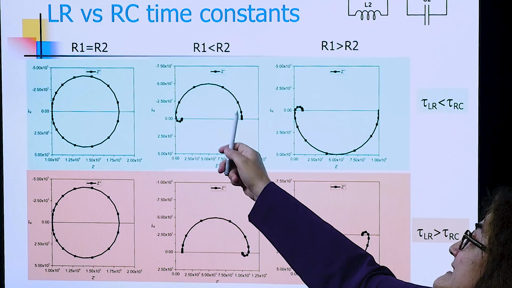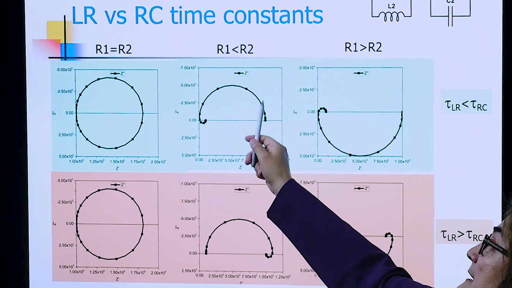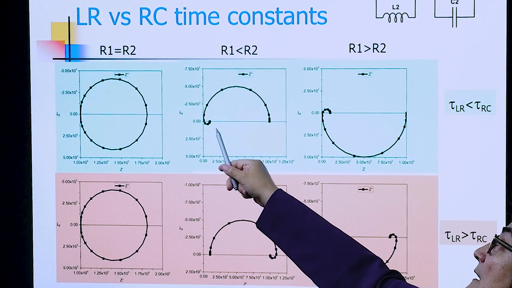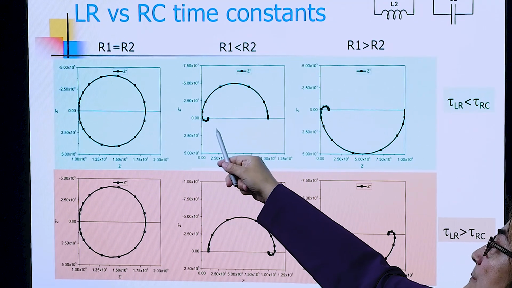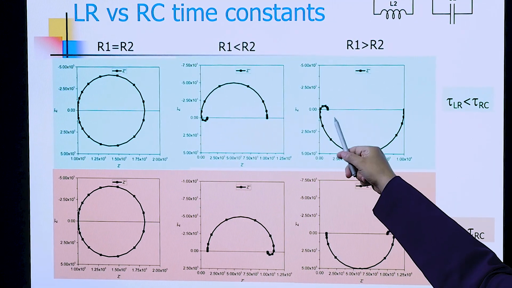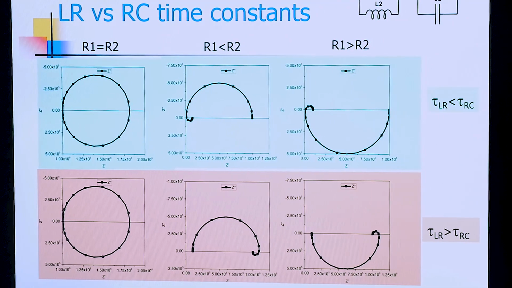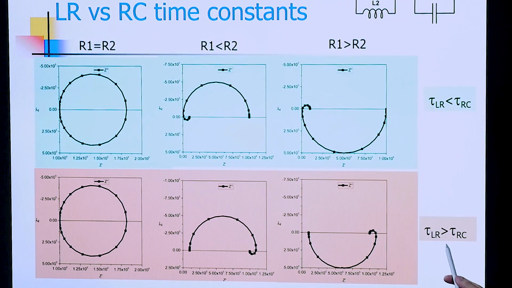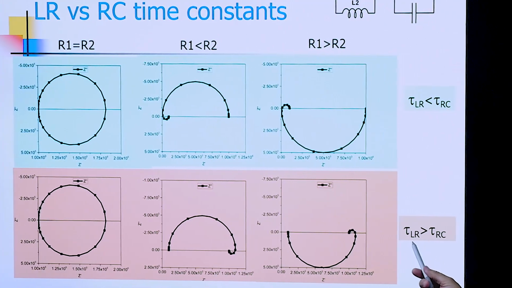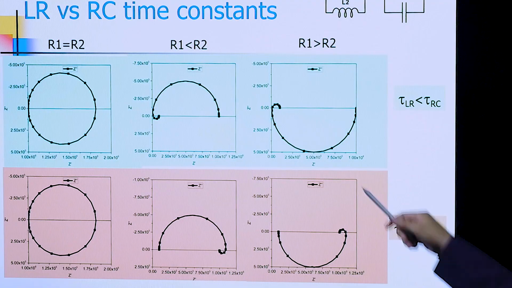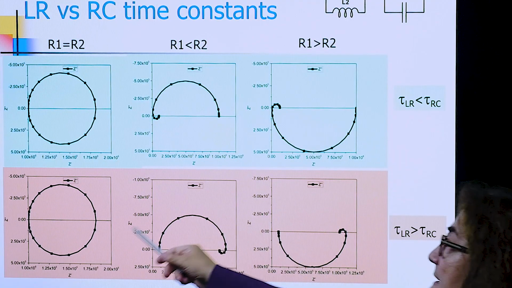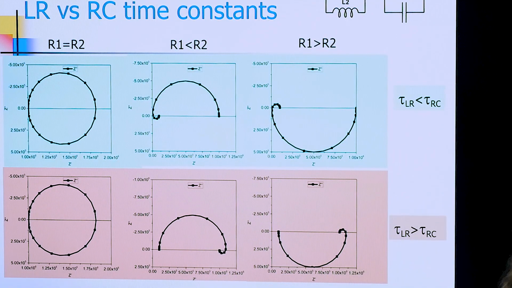If the values of the resistors are different enough, then you will see one of the semicircles below the axis or above the axis, depending on which one is the small one. In contrast, if the time constants are in reverse, and the LR time constant is greater than that of the resistor, you get a totally different behavior. So now you begin to see the beauty of taking a look at many of these different ways of